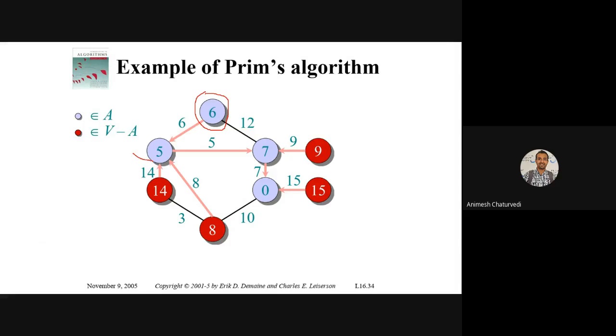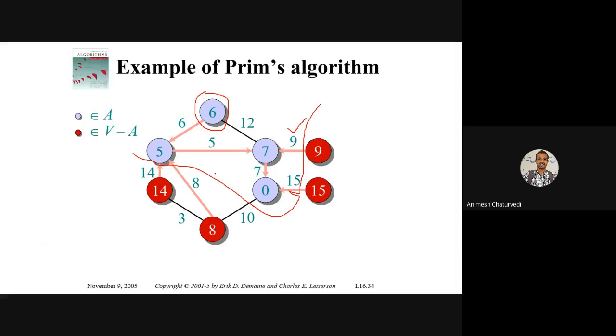Now you have this cut set. So this will be the new cut set. And in this cut set, what are the weights of these edges? Like 8, 10, 14, 15, and 9. So 9 would be the least.